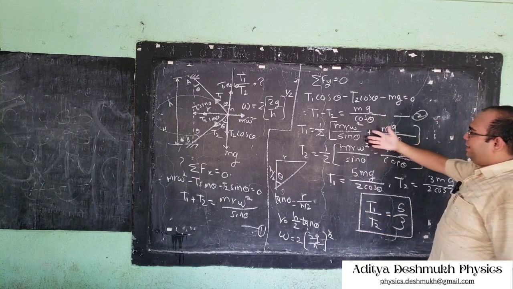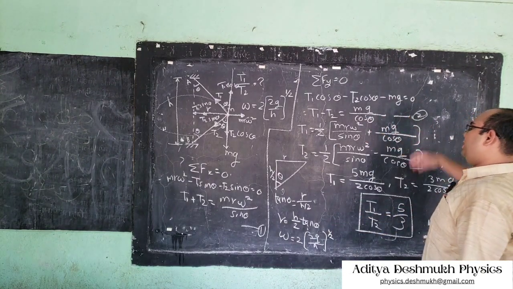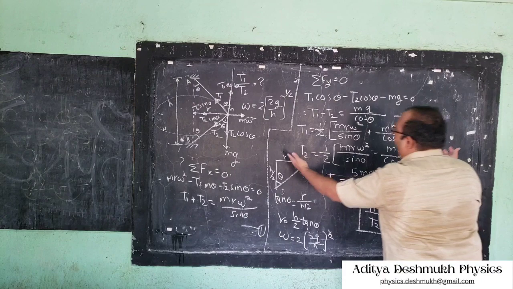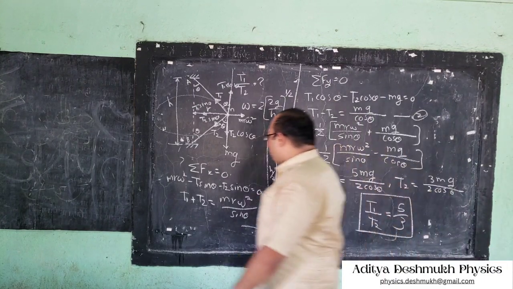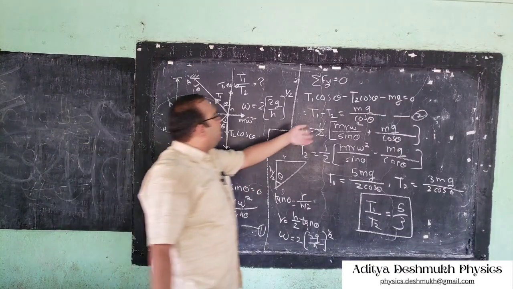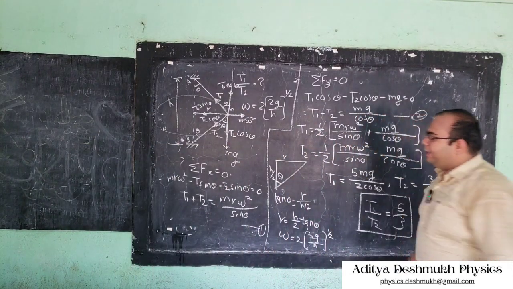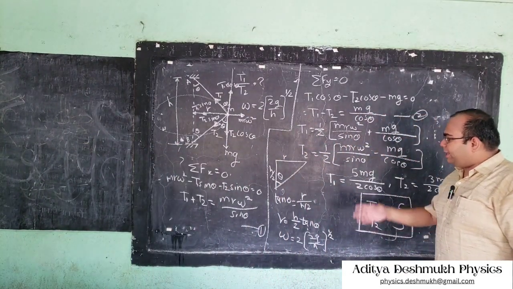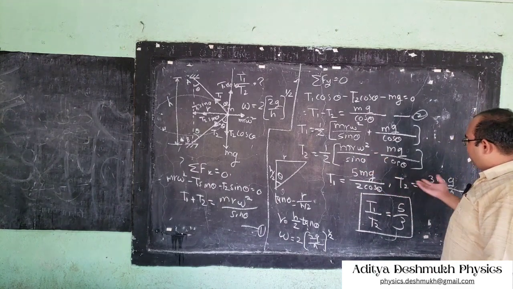These equations are in terms of mg, r, omega, theta. That's why these equations are long. But haven't we solved this type of equation, x plus y equal to 10 and x minus y equal to 5, and then found t1 and t2? Similarly, we are doing the similar thing,